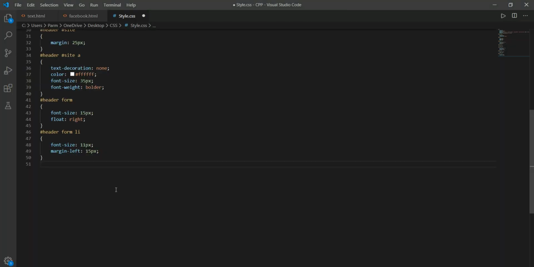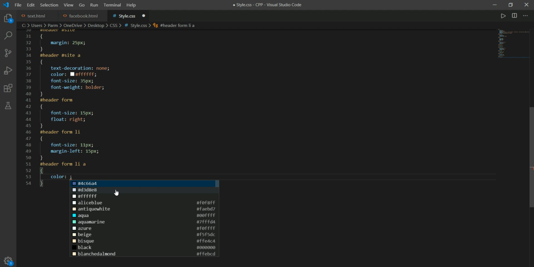So here we have to write header, within the header form, within the form the list, and within the list the anchor, and here we specify the style for this. And for this we have to set the color.